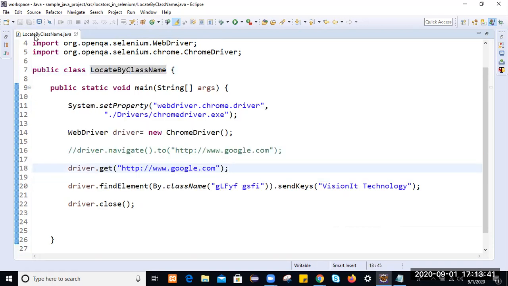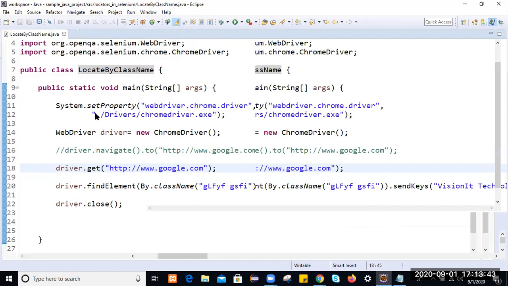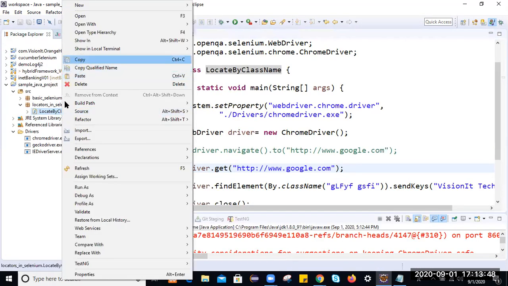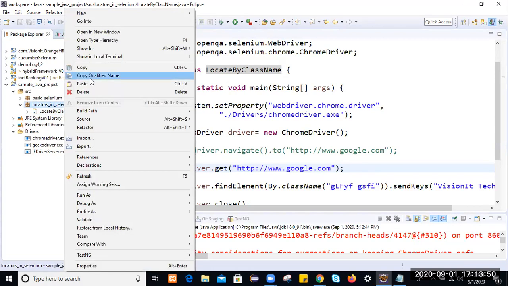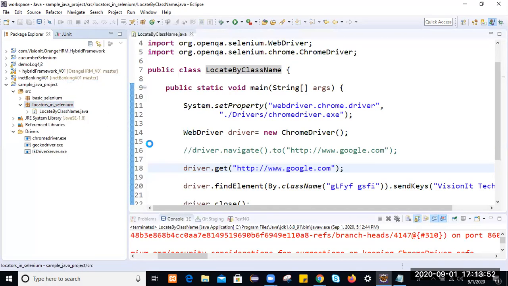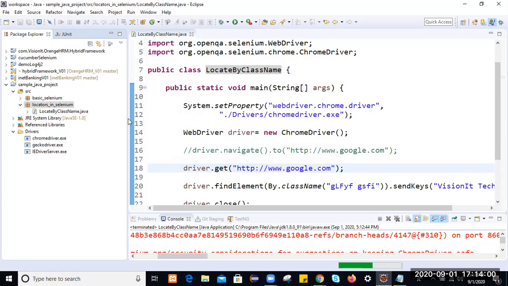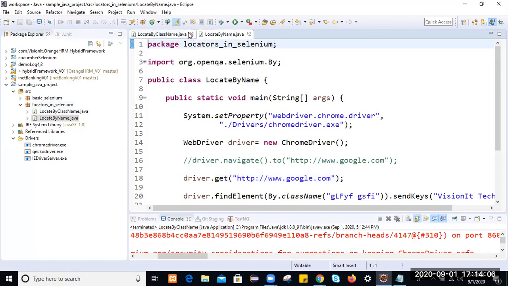So the same script we will write by using name or by using ID. Let me copy the same script and locate this by using some other locator. Instead of class name, we will locate by using name.